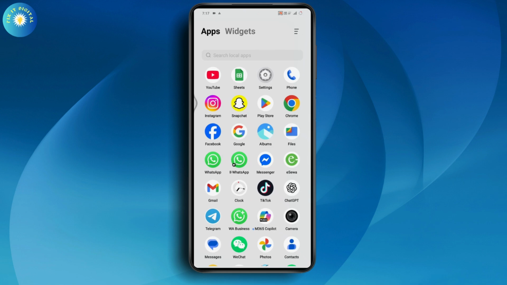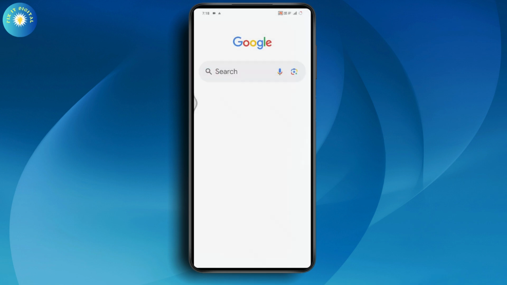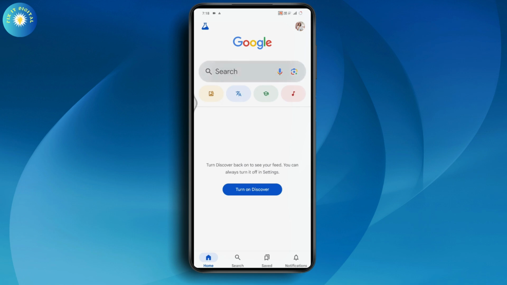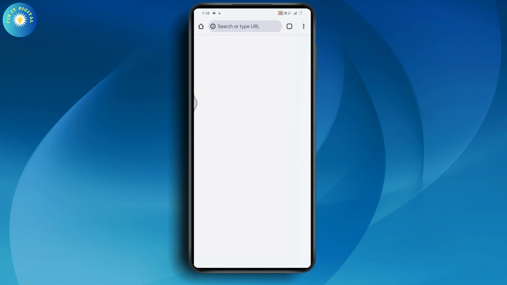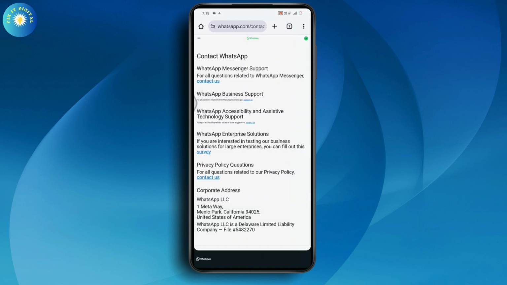After restarting, now you need to go with your Google or your browser, anything that you are comfortable with, and here you need to search for contact WhatsApp. After searching for contact WhatsApp, now here you need to go with the first option, which will take you to the official support page, and from here you need to tap on contact us, which is here on the left